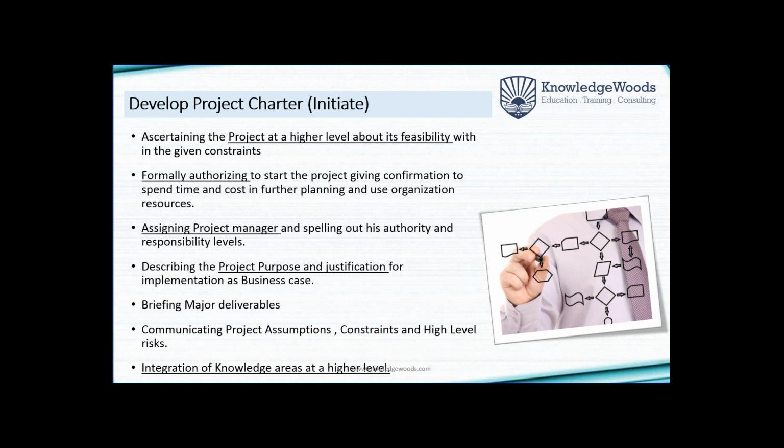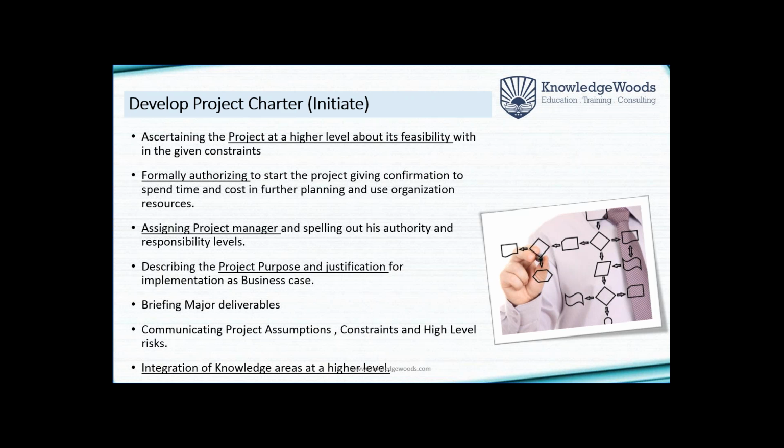See, project charter is actually a testimony, basically a document not more than 2 to 3 pages for a medium size project. All the senior people, especially the sponsors, key stakeholders, customer, senior management, project management, are on the same plane: yes, we have discussed, we have deliberated, and we are going to do this project, given the constraints, and we are very well aware of that. So project charter also integrates all these knowledge areas.